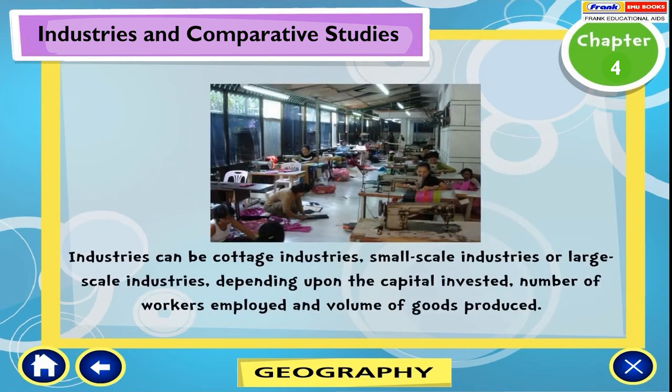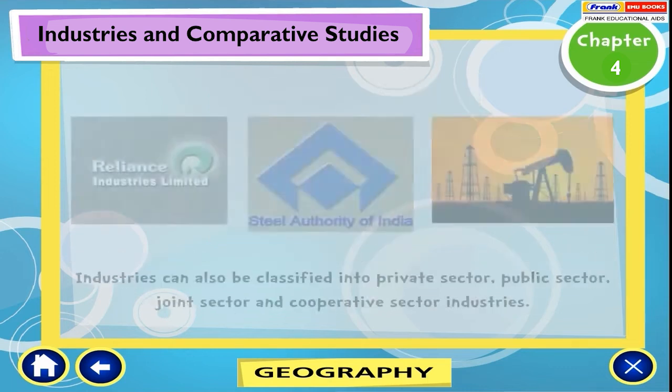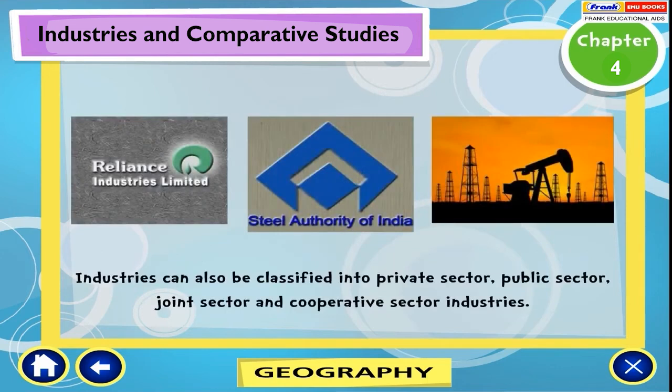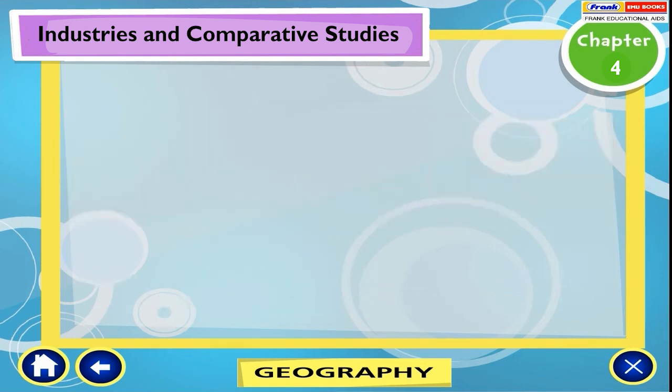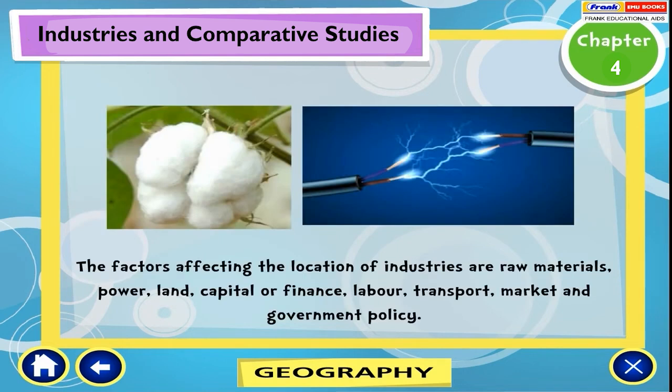Industries can be cottage industries, small-scale industries, or large-scale industries, depending upon the capital invested, number of workers employed, and volume of goods produced. Industries can also be classified into private sector, public sector, joint sector, and cooperative sector industries. The factors affecting the location of industries are raw materials, power, land, capital or finance, labor, transport, market, and government